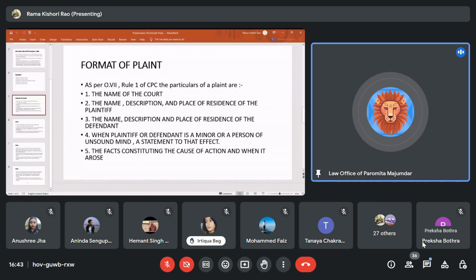In the second paragraph you describe the defendant, where you write the name of the defendant, the description as to what he does, what is his status, is he a professional, a businessman, a proprietorship firm runner, or an individual, and you provide the address of the defendant if you have it.